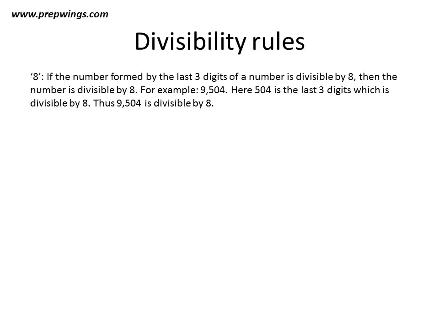Now moving ahead, divisibility rule of 8. Now if we have to check whether a number is divisible by 8 or not, what we do is we see the number formed by the last 3 digits of that number and check if that number is divisible by 8 or not. If the last 3 digits of the number is divisible by 8, then the number is also divisible by 8. For example, the number shown here is 9504. Here 504 is the last 3 digits of the number. So 504 is actually divisible by 8. Thus this number 9504 is divisible by 8.